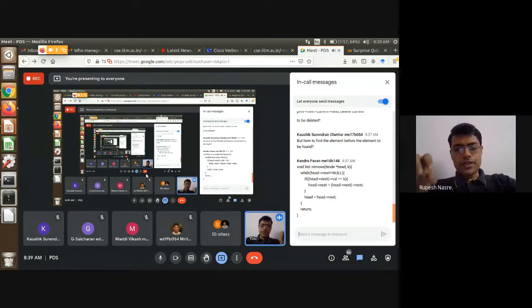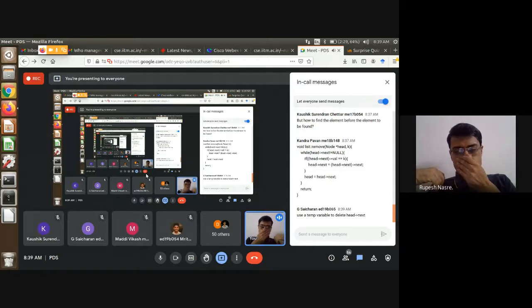There is no problem with this idea, except that in some end case this is not going to work out. For example, when head is null, this will seg fault. Similarly, if the element is at the end of the list, this code will not work, right? Because we will have that head->next become true. So assume that there is a single element in the list and that element is present. So head->next is going to be null, and therefore it will come out of this. But otherwise this logic is correct.